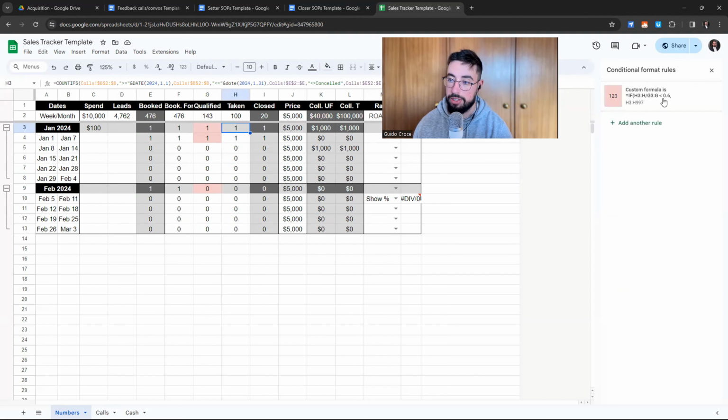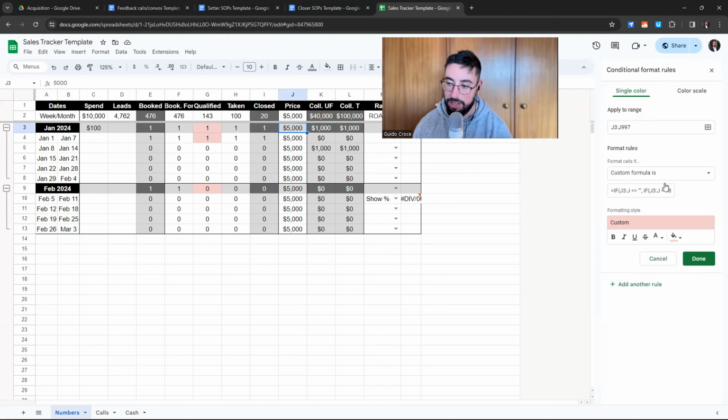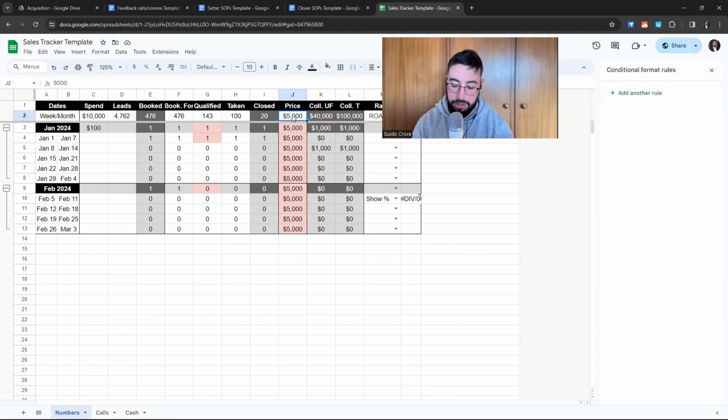For taken, of course, that's going to be the show rate. So if the show rate is less than 60%, it will show up as red. Close rate, if the close rate is less than 20%, it will show up as red. If the price point is less than, actually, I put here 48, but this needs to be in reality 62. So if the price point is less than 62, then it won't work. And in that case, I need to change this up in order for this to match up, right? So you can see all the numbers are changing, and the red color is gone because it's at least